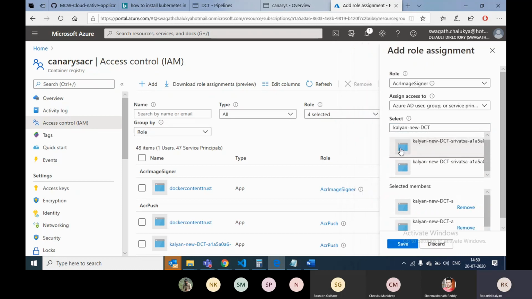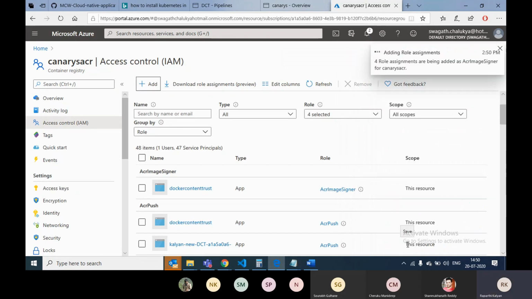I want to assign these roles as Azure signer, as well as for pushing the image to ACR, right? Even for pushing the image to ACR, you require specified roles. So again, I'll add that role also to that user.